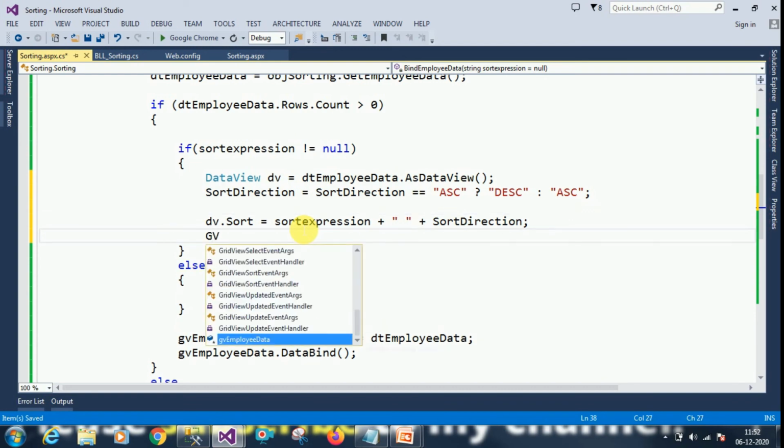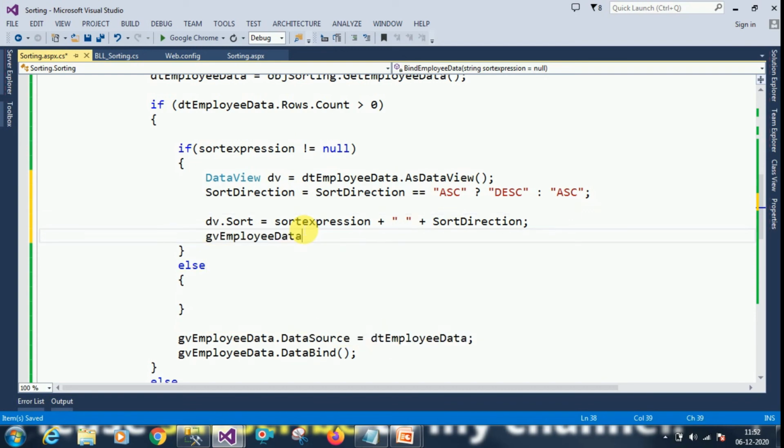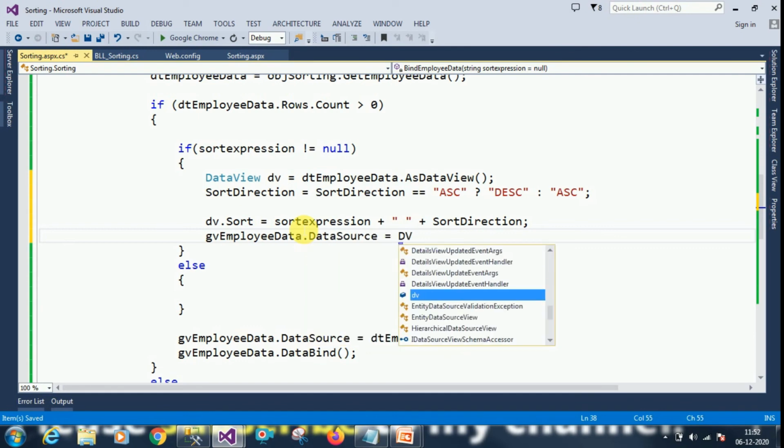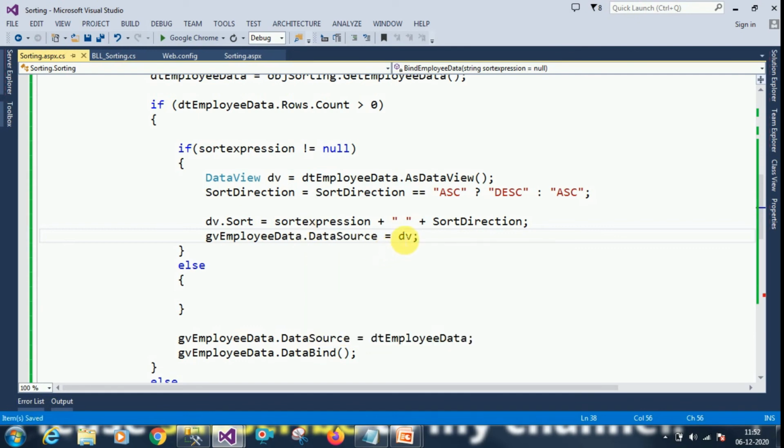Okay, now we have to bind the data with data view. So this is sorted data we are saving in the data view, and we are providing data source as data view. Then